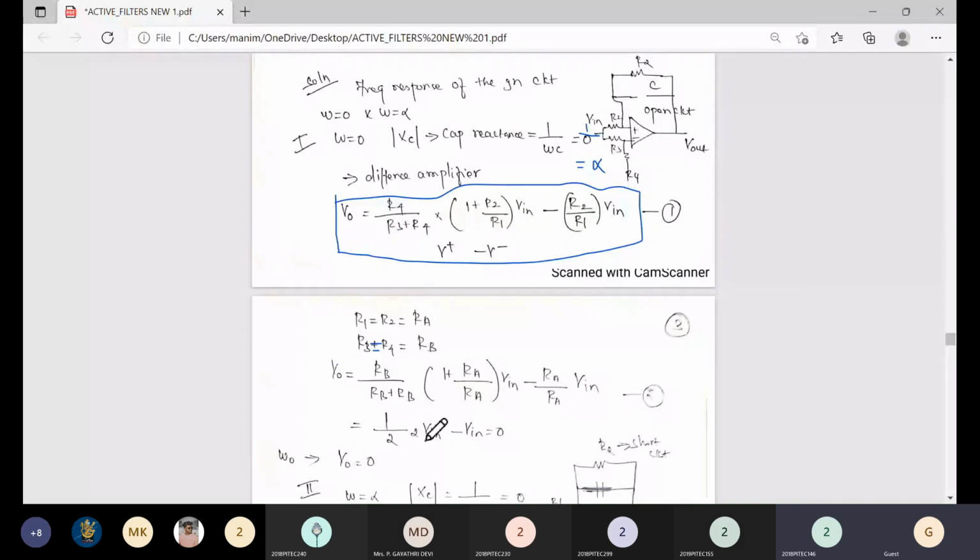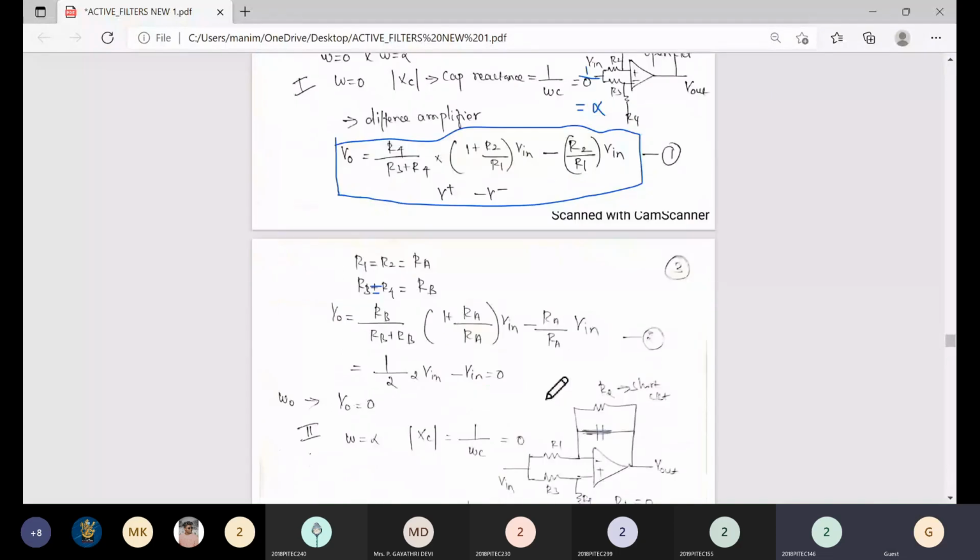So we'll get Vn, right? So to get, cancel anyway, Vn minus cancel. So V0 is 0. So here we substitute the low frequency, so omega equal to 0. At low frequency, the output is 0. Here the filter does not allow the low frequency signal, right? So V0 is 0. Then the high frequency.